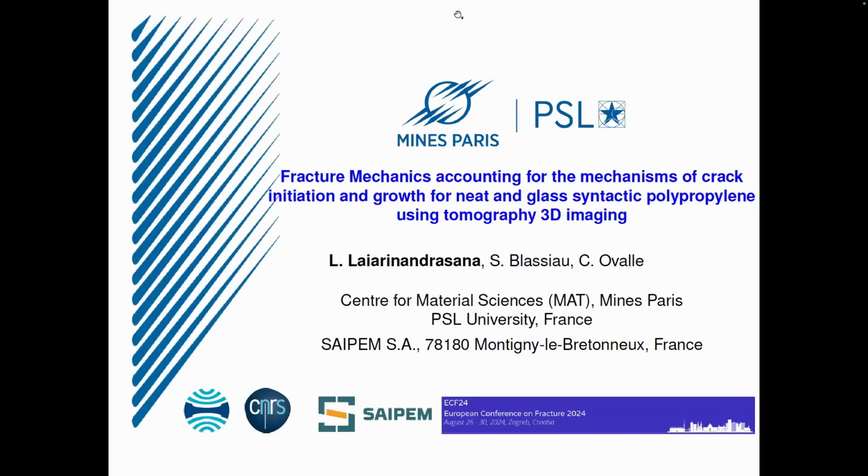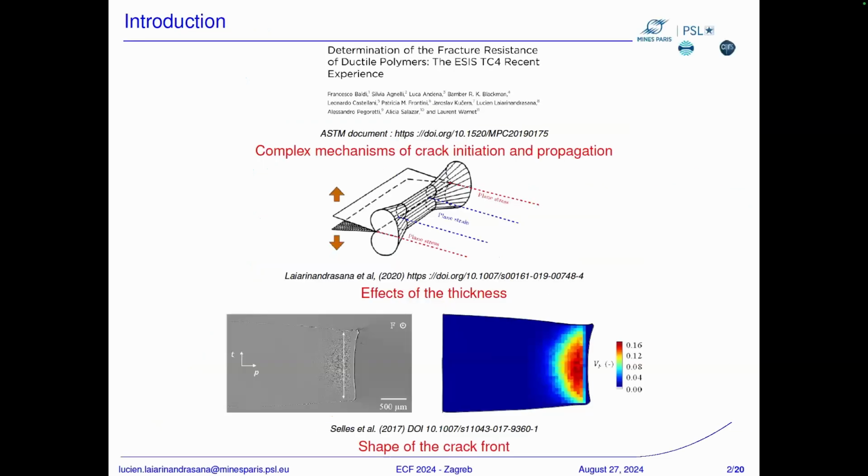To save time, I will talk about fracture mechanics, taking into account the mechanisms of crack propagation and initiation. This work is done for two kinds of polymers. The first one is a composite, and the other one is the matrix of this composite material. And this work comes from this